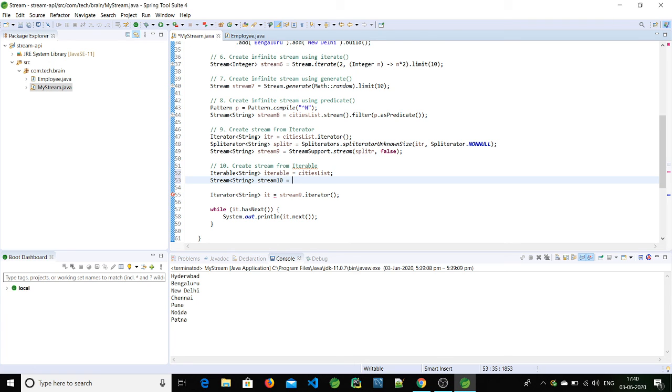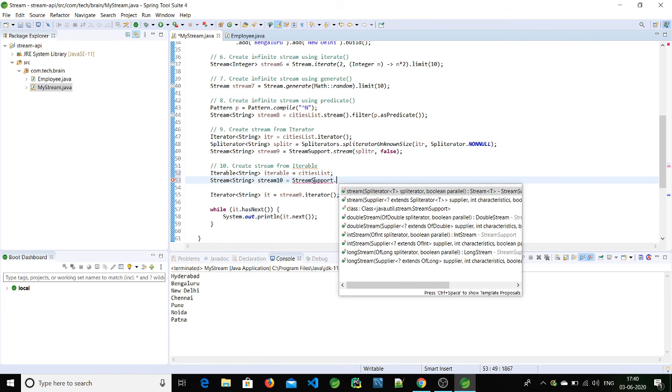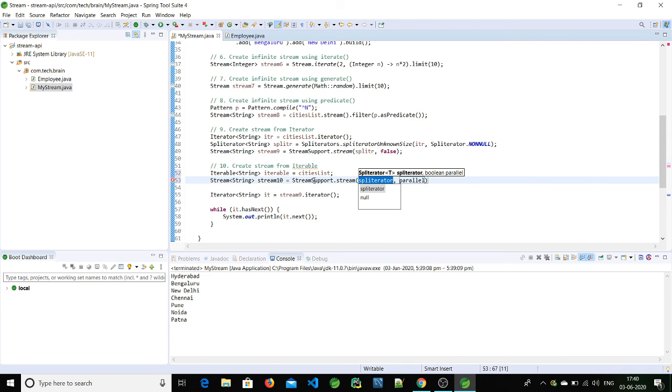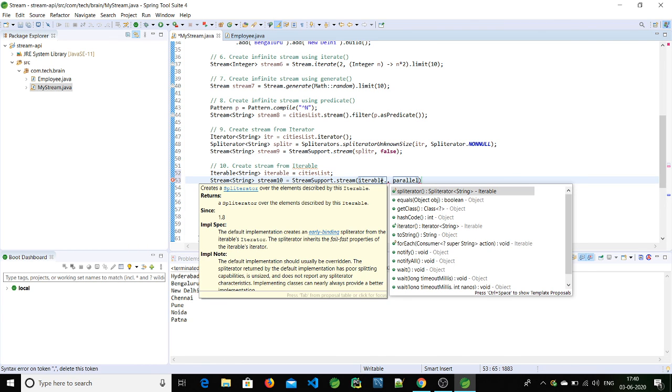Equal to. As with iterator and iterable, instead of the Stream class, we'll use the StreamSupport class. So let's call StreamSupport.stream, and it is also expecting the spliterator. Here we can directly create a spliterator. On this iterable, dot, we can call the spliterator method.